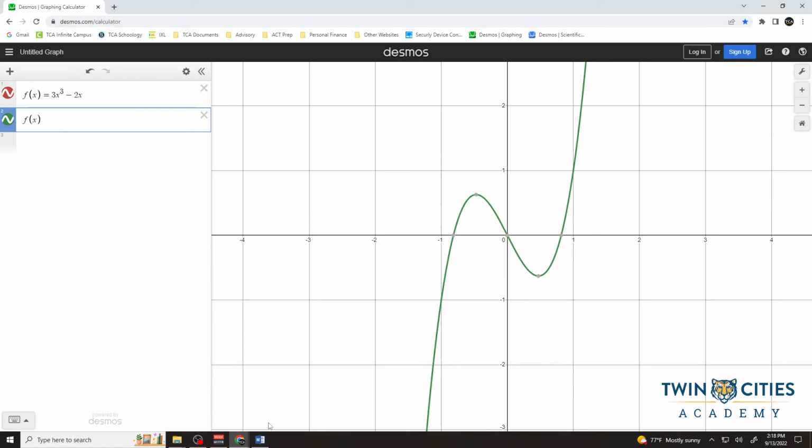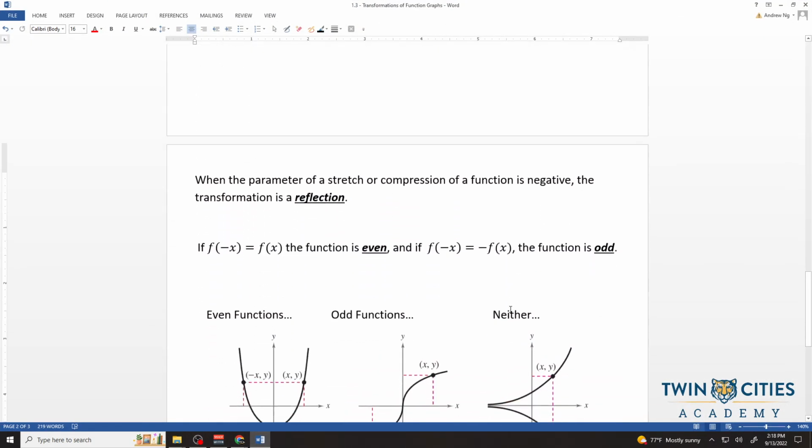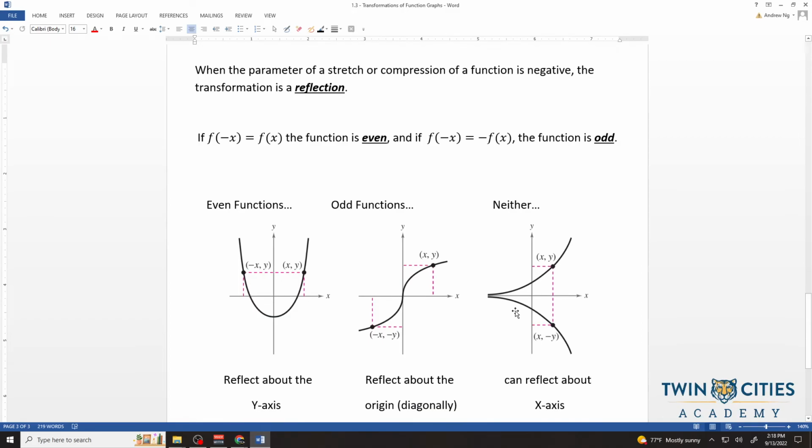So there is that. Let's go back to the notes here. And the last thing to talk about are odd and even functions. If f of negative x equals the same thing as if you were to plug in just x, plug in x or negative x, and you get the same thing, the function is even. If we plug in negative x and it equals negative f of x, or in other words, instead of plugging in x, I plug in negative x and I get the opposite of what plugging in x would give me,